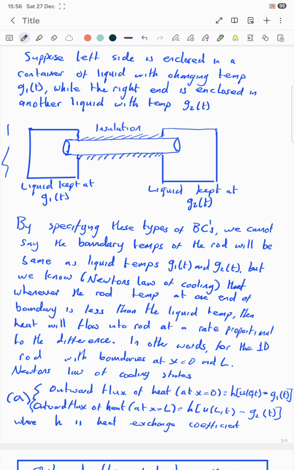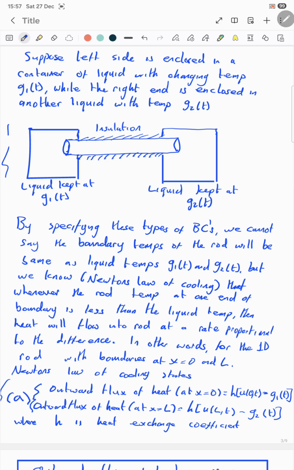Now, with these types of boundary conditions, we cannot say the boundary temperatures of the rod will be the same as the liquid temperatures g1 of t and g2 of t. But we know by Newton's law of cooling that whenever the rod temperature at one end of the boundary is less than the liquid temperature, then heat will flow into the rod at a rate proportional to the difference. In other words, for a 1D rod with boundary conditions at x equals 0 and L, Newton's law of cooling states that